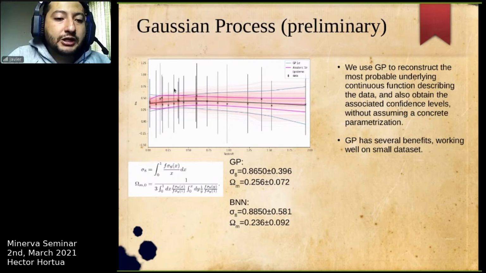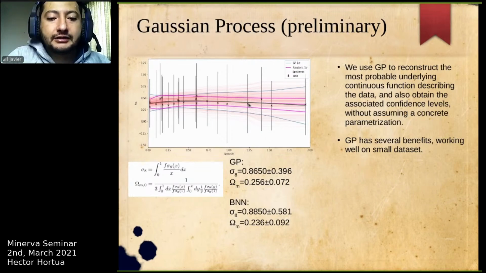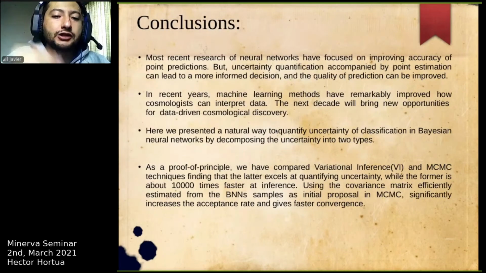And you observe that indeed the aleatoric uncertainty increases in places in which you observe high dispersion of the data, here at redshift around 0.2, and in places with less dispersion, the aleatoric uncertainty is lower. But the epistemic, this red line you can see in the background here, is small because you have more data, but it starts to increase when you move to high redshift because you have less data. So in this case, this uncertainty tells you that you need more data here in order to get a better